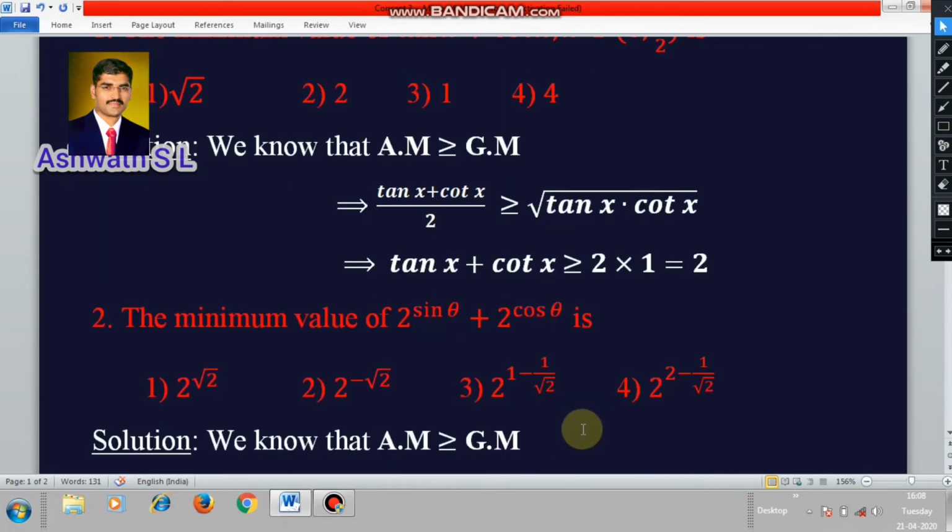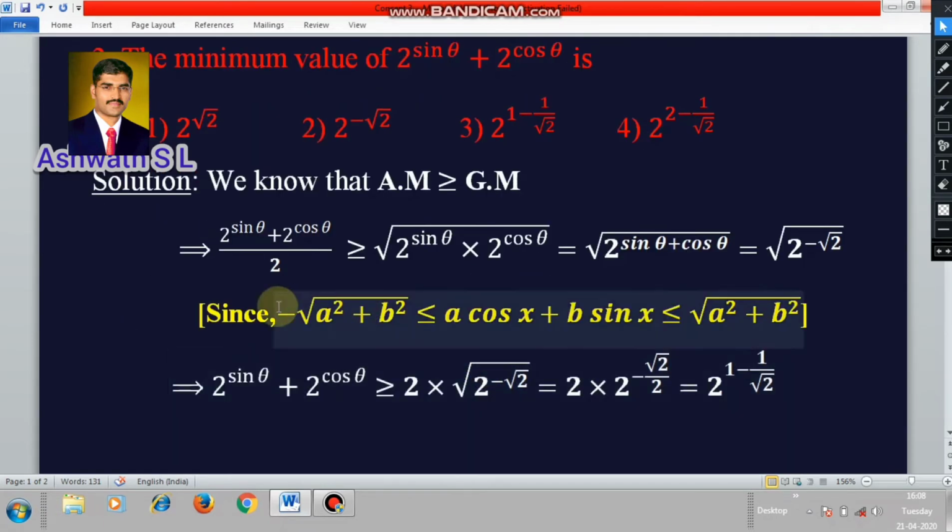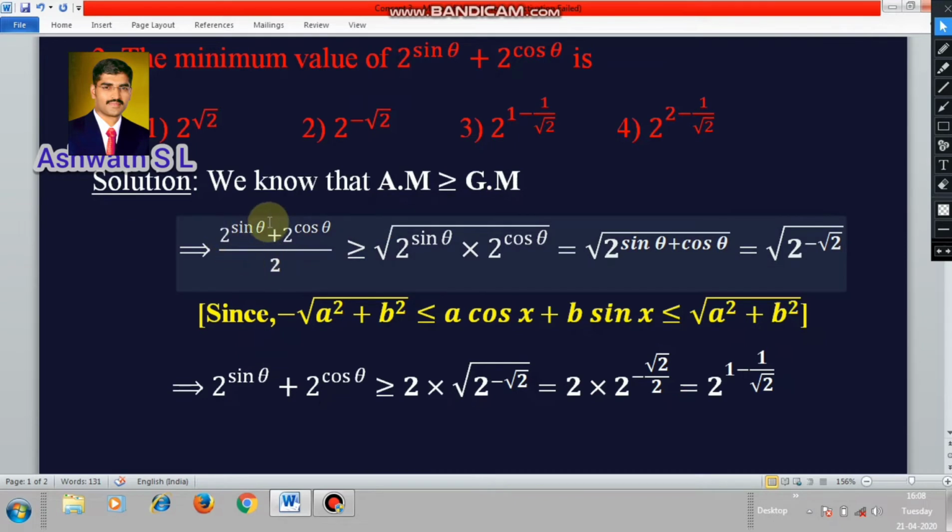Similarly, second example, the minimum value of 2 power sin theta plus 2 power cos theta is. We know that arithmetic mean greater than or equal to geometric mean relation can be used. Now apply it by treating 2 power sin theta as one term, 2 power cos theta as another term. Arithmetic mean is (2 power sin theta plus 2 power cos theta) divided by 2, greater than or equal to geometric mean, the square root of 2 power sin theta into 2 power cos